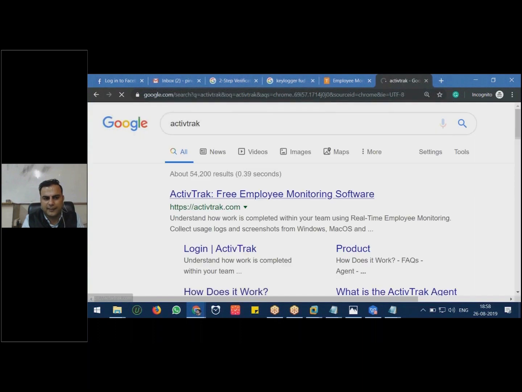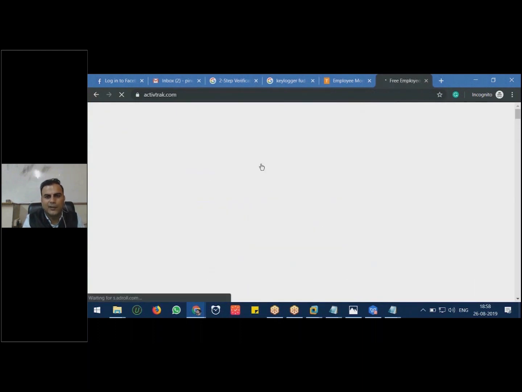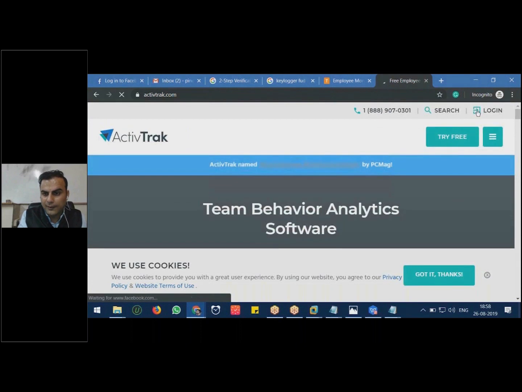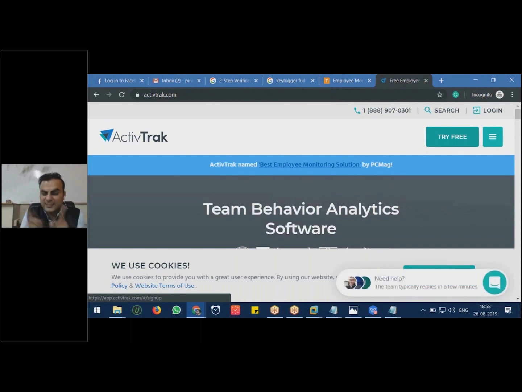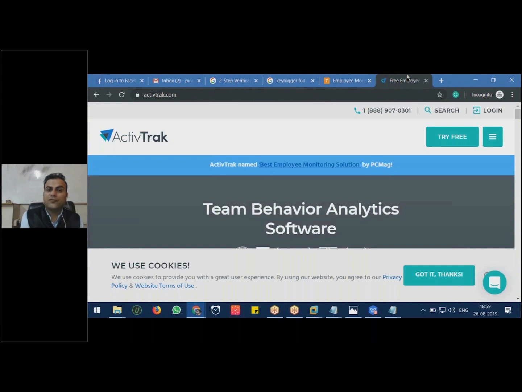If you are not aware of it, ActiveTrack is a software. You can easily try it free. Basically, an employee monitoring system is a replica of ActiveTrack, and it's a replica of a keylogger. Keylogger is a hacker's name, but employee monitoring system is a good name. Even antivirus doesn't detect it. What exactly is an employee monitoring system? Your boss, the director of the company, can install software in the machine which you are using. The software name can be ActiveTrack or another software like TerraMind, and it's always fully undetectable.